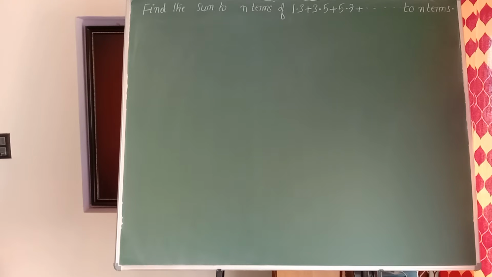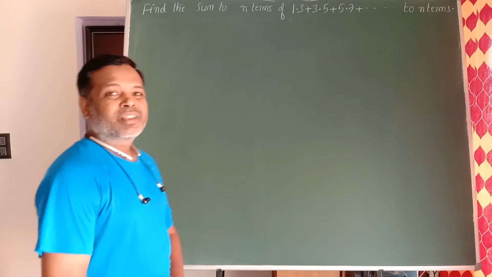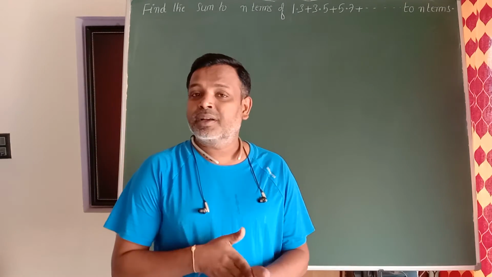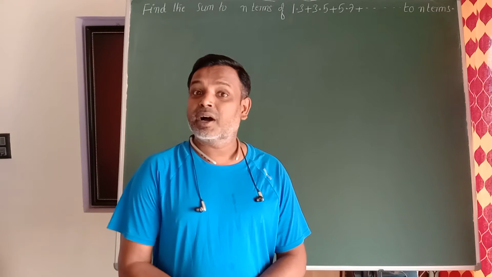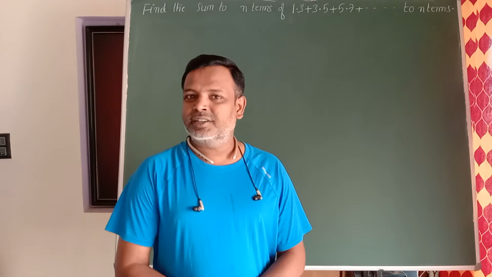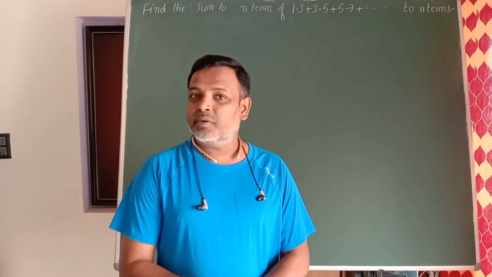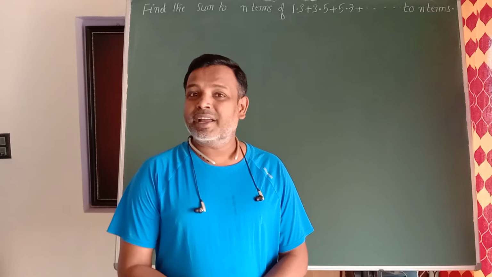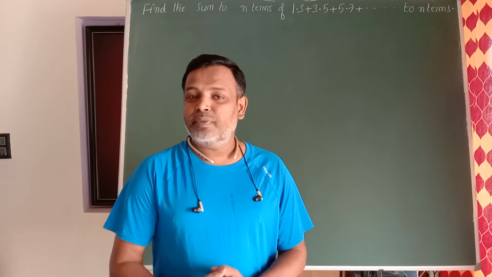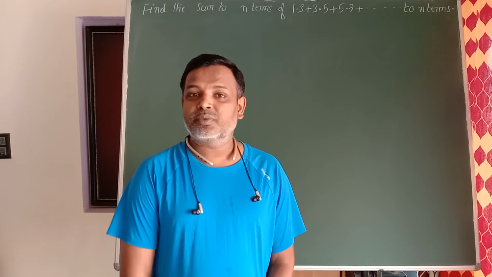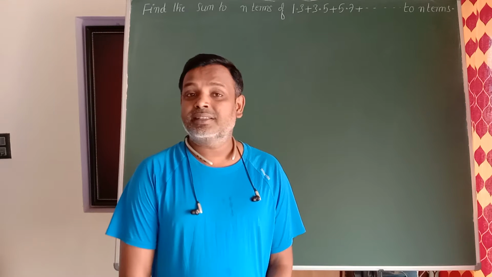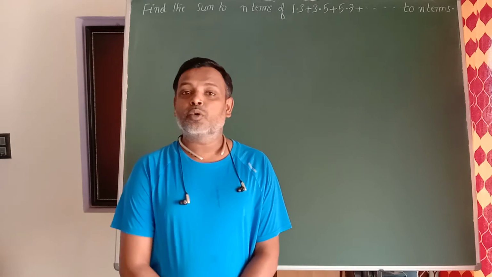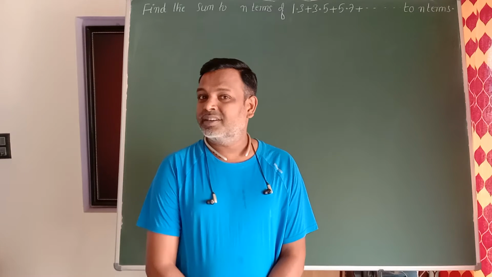Dear children, let us discuss a few more problems related to summation of some special series using sigma n square and sigma n cube. As you know, sigma n is equal to n into n plus 1 divided by 2. Sigma n square is equal to n into n plus 1 into 2n plus 1 divided by 6, and sigma n cube is equal to n square into n plus 1 whole square divided by 4,